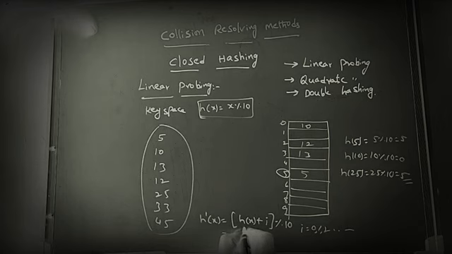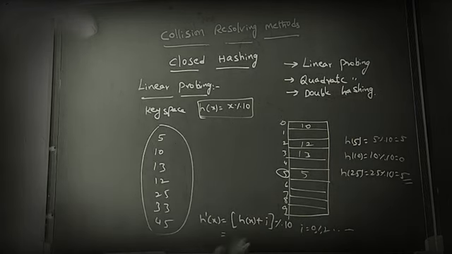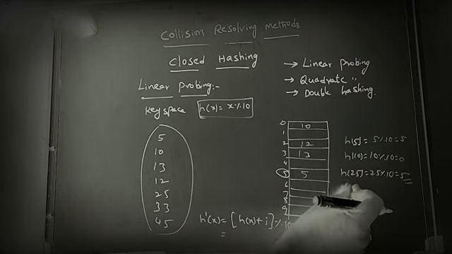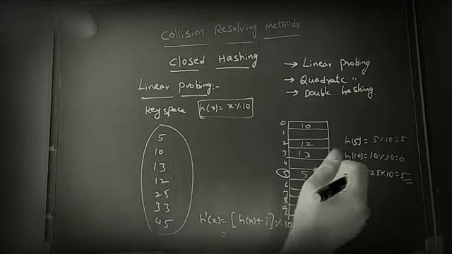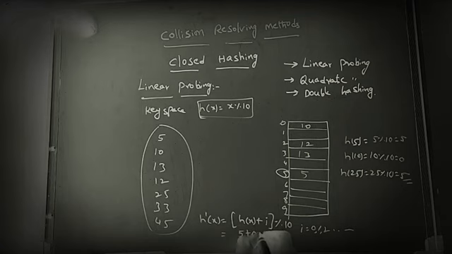Now where does the problem arise? What is h(x)? The h(x) value is 5. Clear? This is h(x). After computing h(x), we add to it. This is h'(x), a new function. The value of h(x) is equal to 5. Initially the i value starts from 0, that is 5 mod 10, that is 5. Still the collision arises.